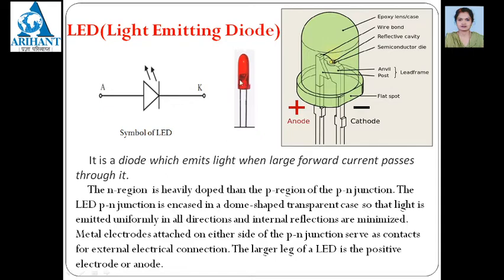Actually, you have seen this diode many times, which is called the LED. It is red color, hence when it emits light, it emits red light. But you have seen many different types of LEDs also, that is white color LED, yellow color LED, green color LED, likewise. Where have you seen these LEDs?